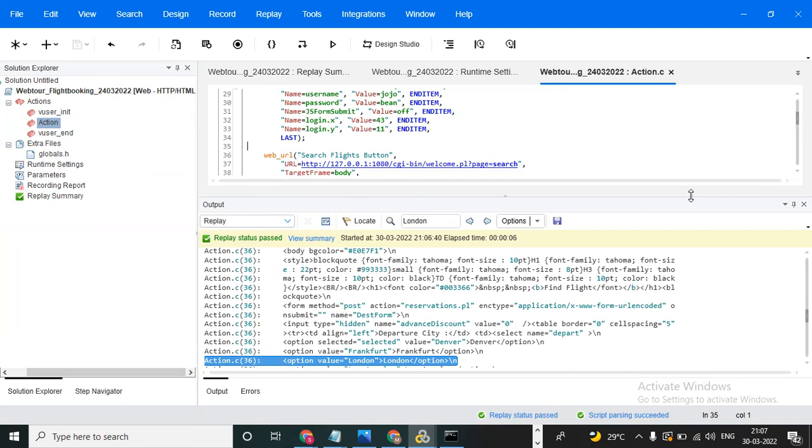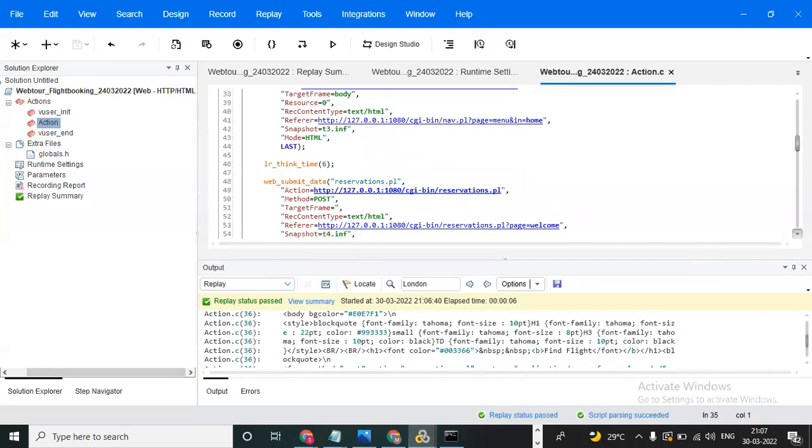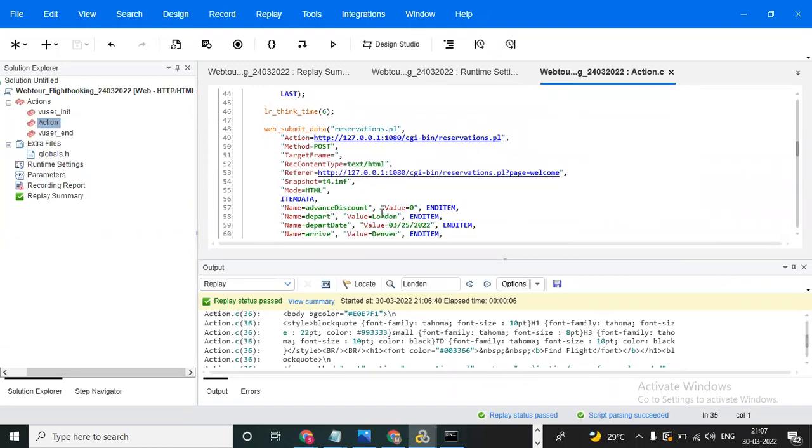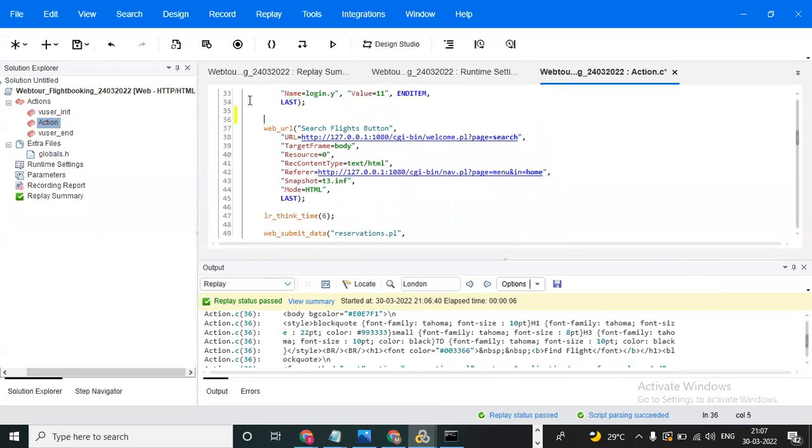Now you can observe, even without going to the full mode, just by looking you can see this is the dynamic value, this is the request, this is the request. You need to write the function above the request. This is the dynamic value request, you need to write above it. It's linked here, right? You can write here. By seeing also you can identify where the dynamic value is, and above the request you need to write the function.